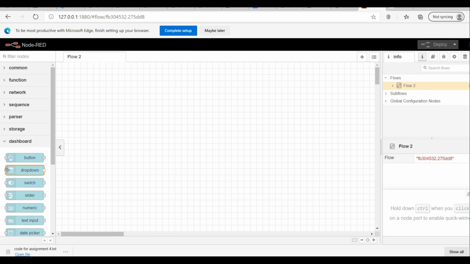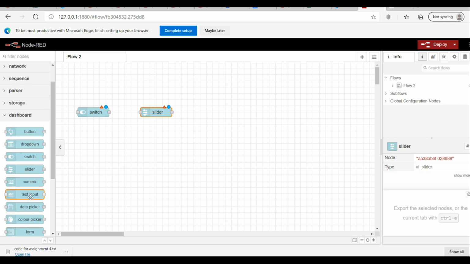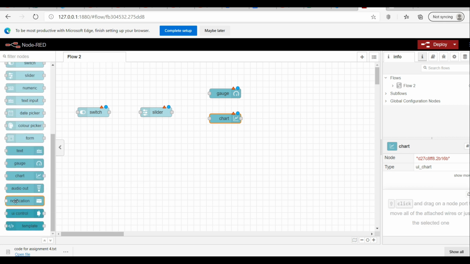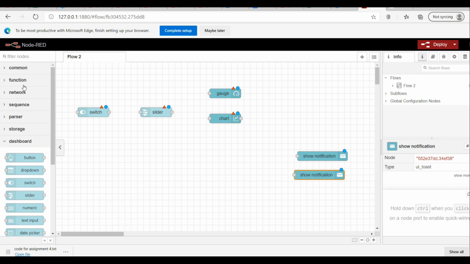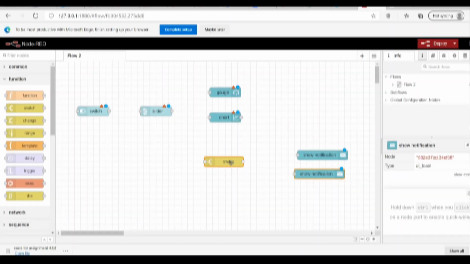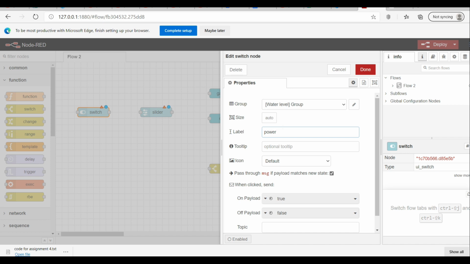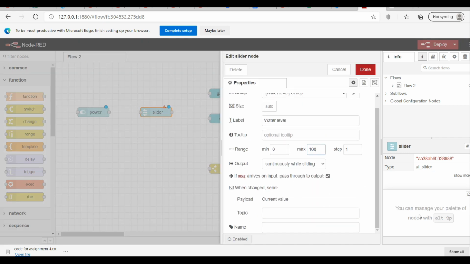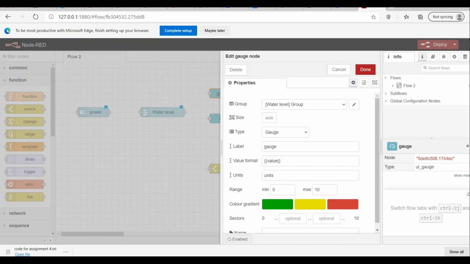Here I am setting up the whole user interface as I explained in the previous part. I am checking the switch, the slider, the gauge, the chart, the two function switch and the notifications, and setting the different settings as required for the user interface.